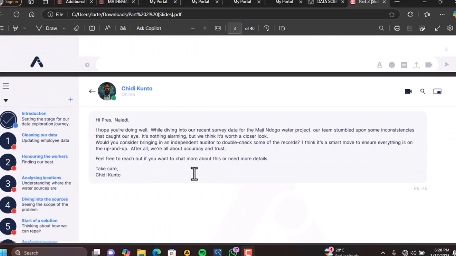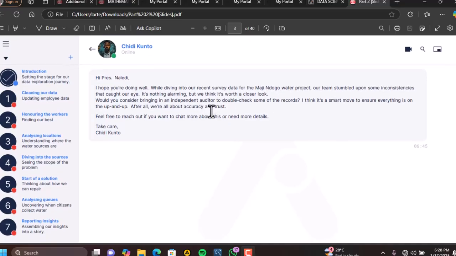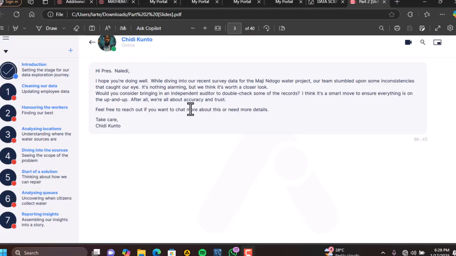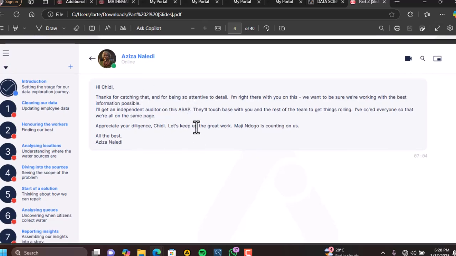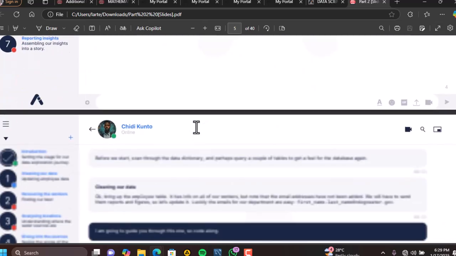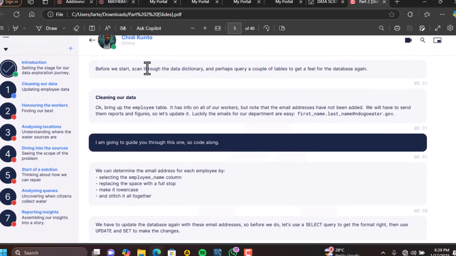Okay. And then Chidi came to talk about, I think, the inconsistencies in the data we found last week. Last week there were some inconsistencies. I think one of the tables we found it. I have forgotten, but that is what happened. So Chidi was drawing Naledi's attention to that, and then Naledi appreciated that, and then the next one is we are doing the work. So before we start,